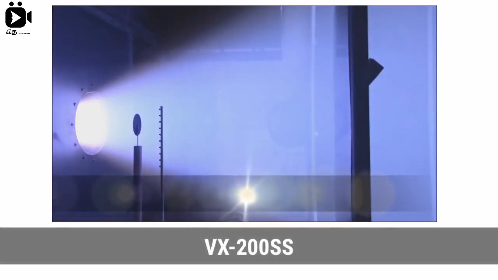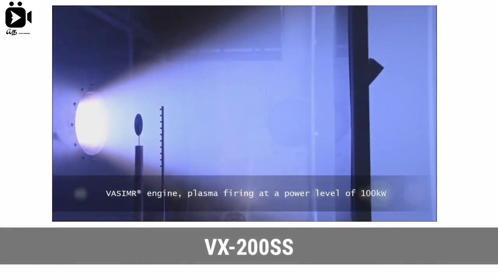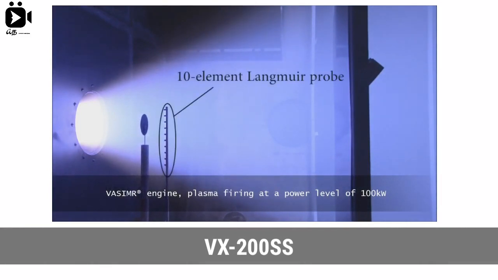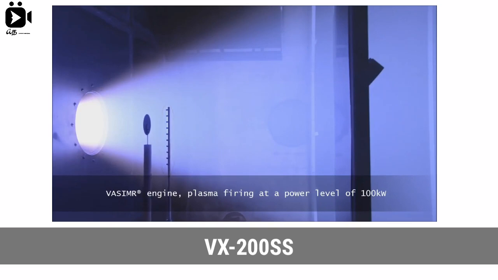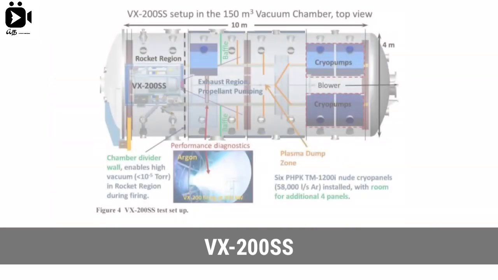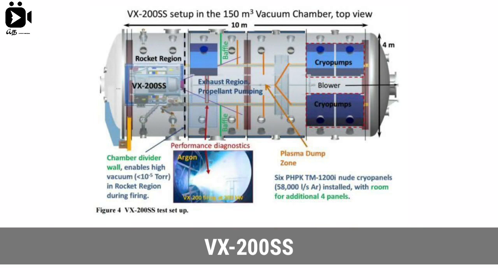Here I am going to give you an overview of the VX200SS engine. In August 2019, Ad Astra announced the successful completion of tests of a new generation radio frequency power processing unit for the VASIMR engine, built by Ad Astra Rocket Company and its Canadian subsidiary. Ad Astra declared a power of 120 kW and greater than 97% electrical to RF power efficiency, and that at 52 kg the new RF PPU is about 10 times lighter than the PPUs of competing electric thrusters.